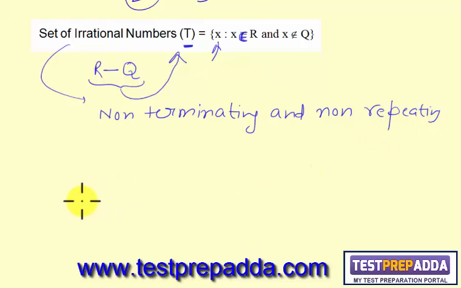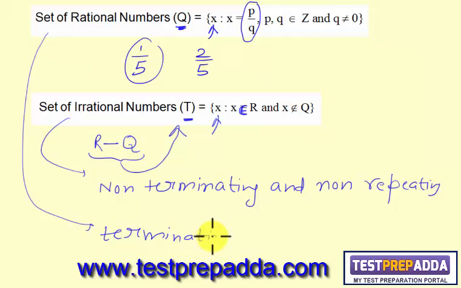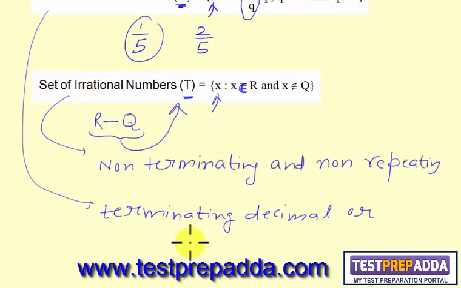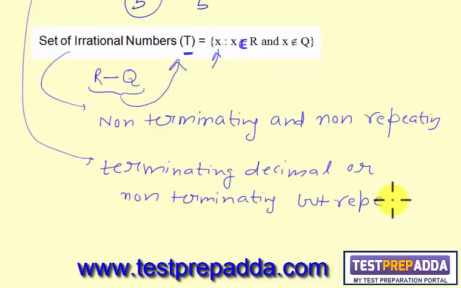While rational numbers involve terminating decimal, or non-terminating but repeating decimal. For example, if I